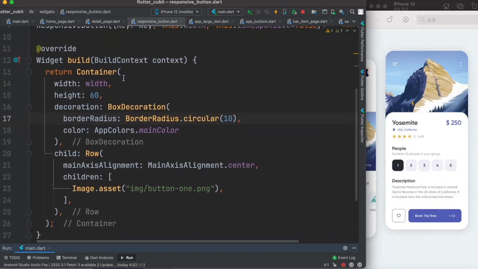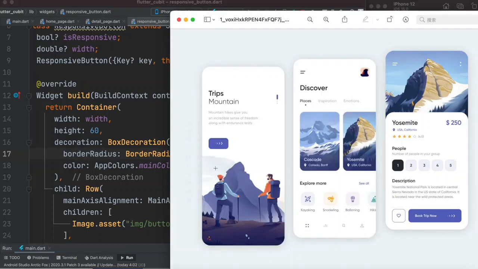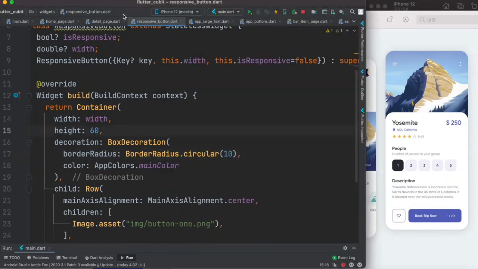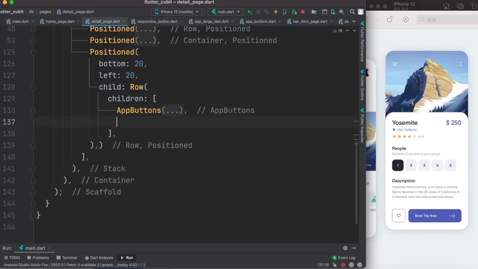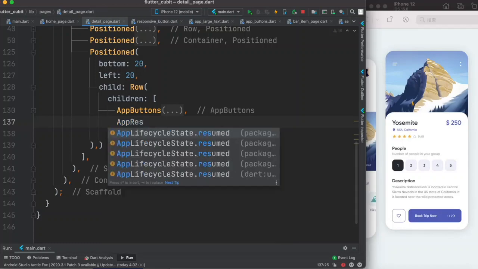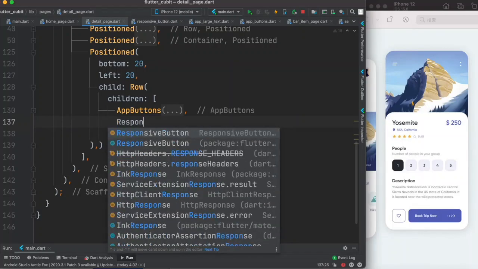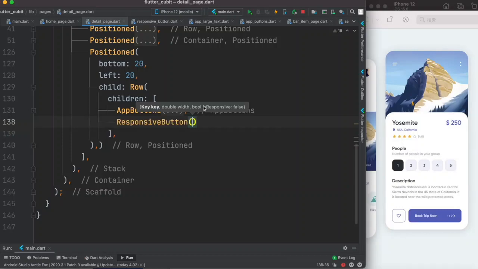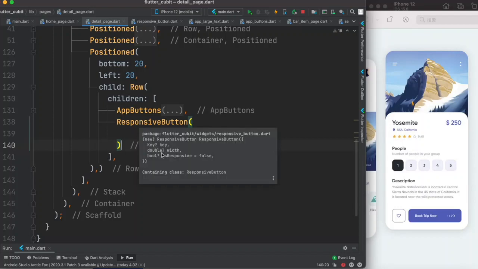Well, now to reuse this button we need to set up some extra conditional check over here, because earlier we saw in this section we used it. Anyway, so now let's go ahead and try to call this button. So we'll call it app responsive button, responsive button, this one. So now if you hover over on it, we have a few properties that we can